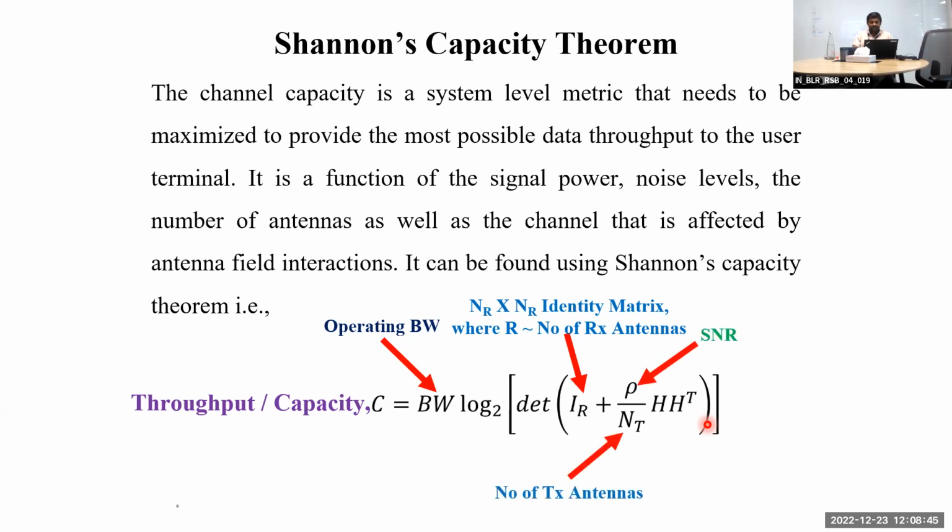Next, SNR means signal to noise ratio, increasing the number of TX antennas. And we have a channel matrix. So channel matrix means, see, you have a complex signal mechanism, right? So signal will come from this side, this side. You have to process that signal and then fetch the actual data out of it.